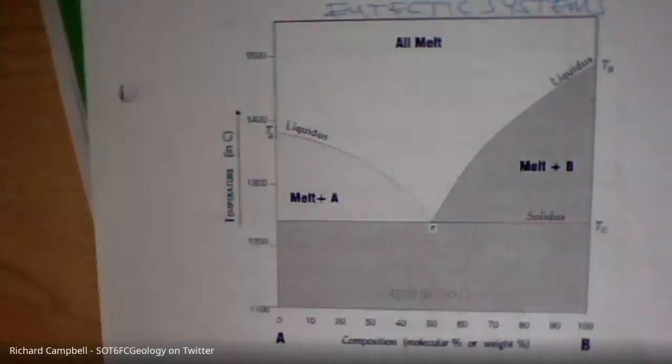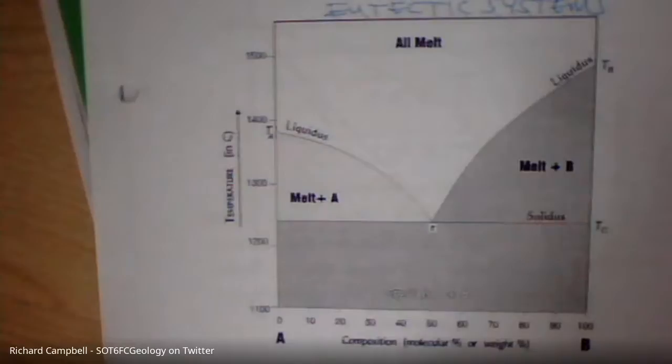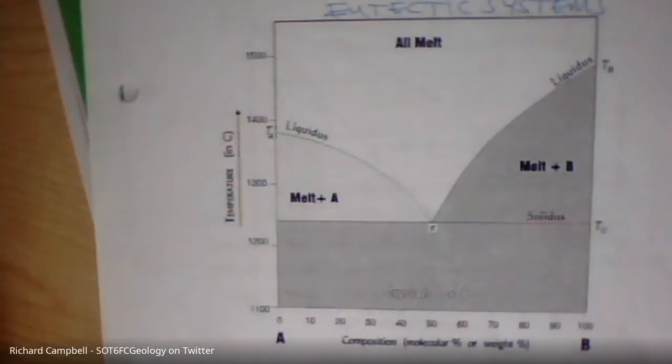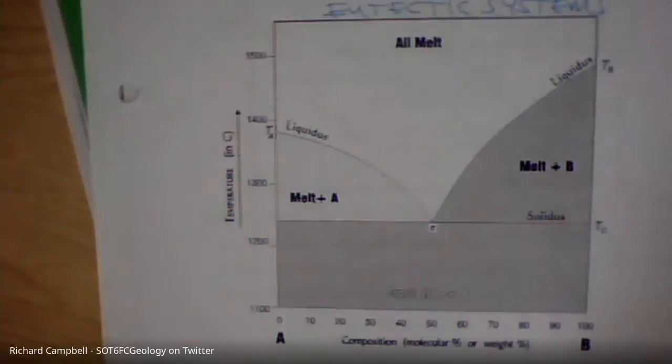We're just looking at the simplistic version, with a composition of melt A and melt B. We're not giving them names or worrying about the actual minerals. We're just going to call them melt A and melt B to help us understand the process that goes on